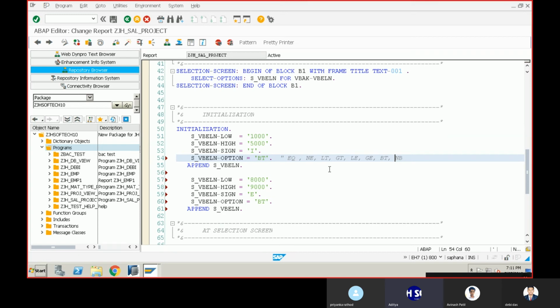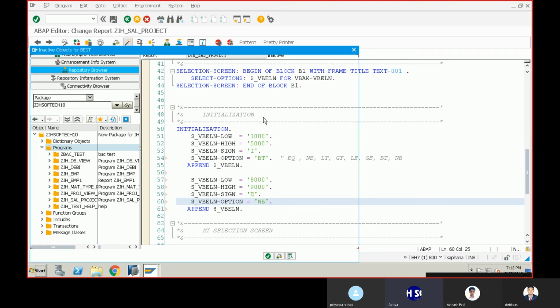And did I forget anything? Okay, so these are the options that we can use here. And after this, instead of BT, you can also say not between, NB. You should write in capital letters. You can also write like that. Save it. Syntax check, activate,